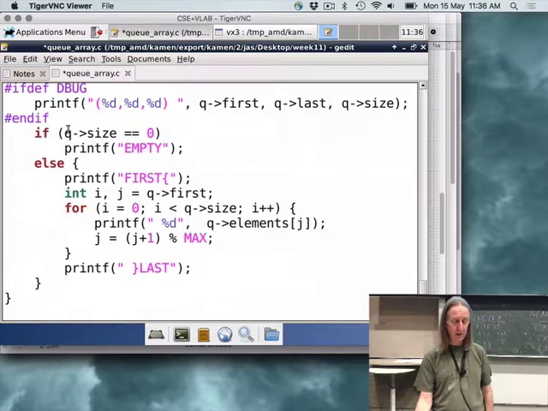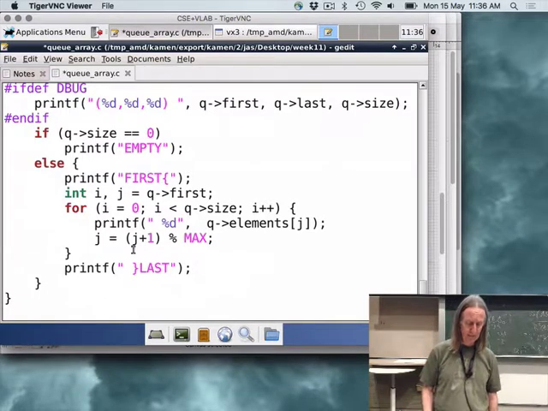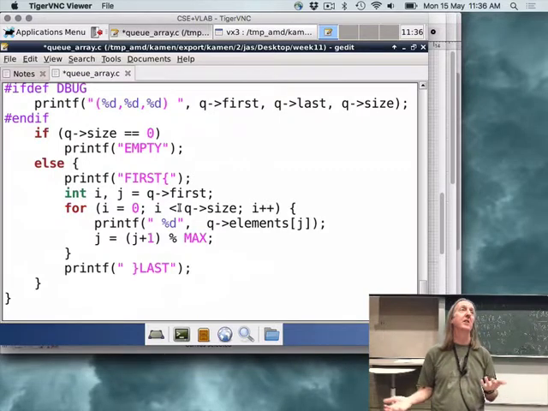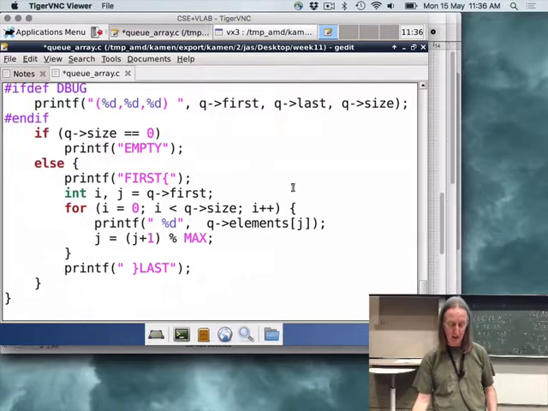there's some code to do that. So if the size of the queue is empty, we'll worry about this stuff later. If the queue size is 0, then the queue is empty. Otherwise, we can print out all the items in the queue by iterating through size times. So there are size items in the queue, iterate size times.